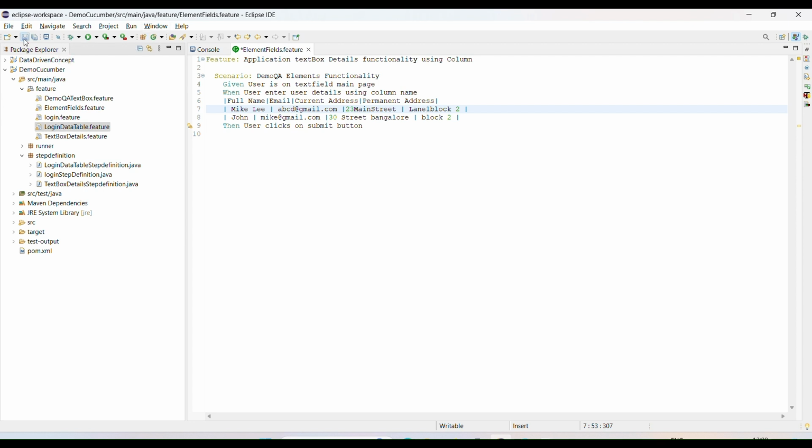Also, guys, if you're using maps and declaring data like this, you can declare multiple sets of data. There is nothing wrong.